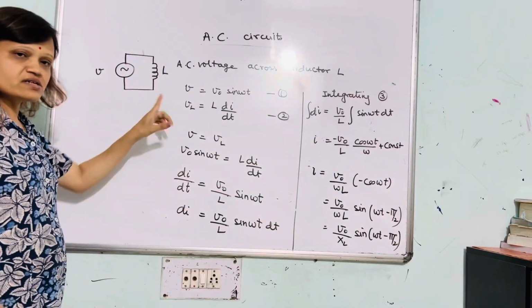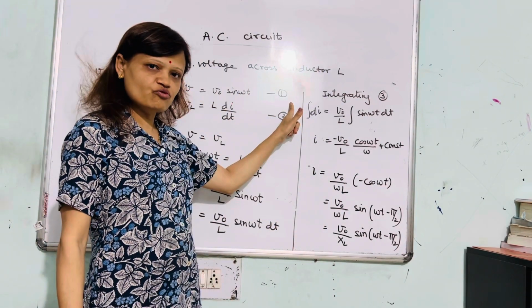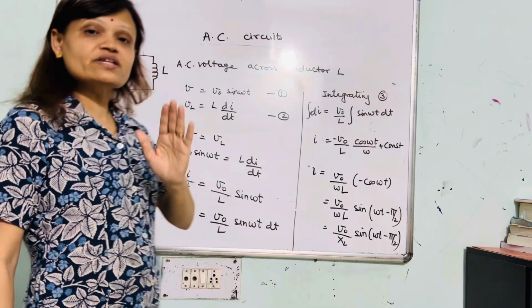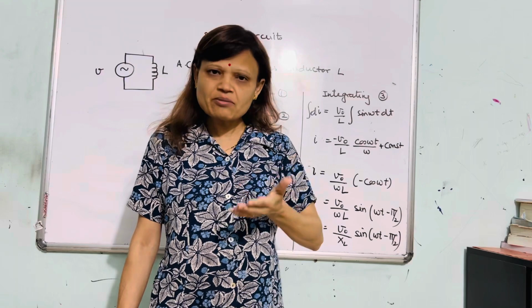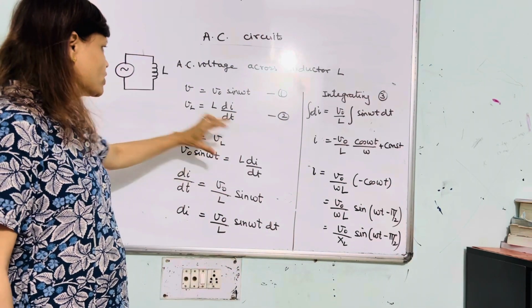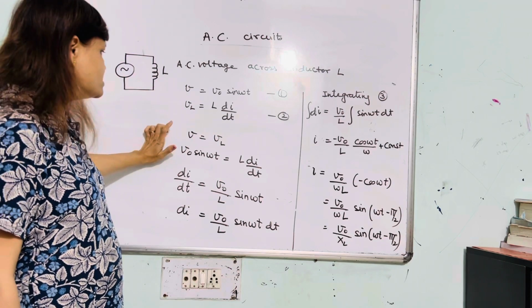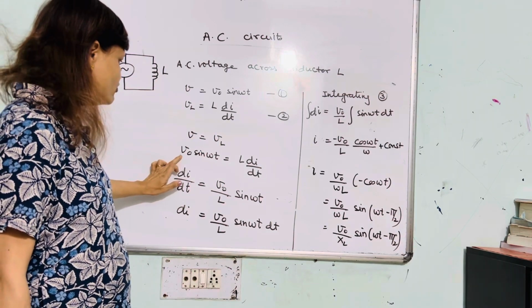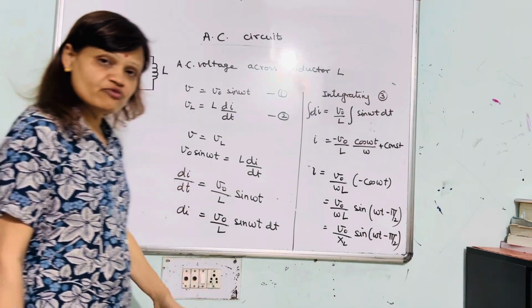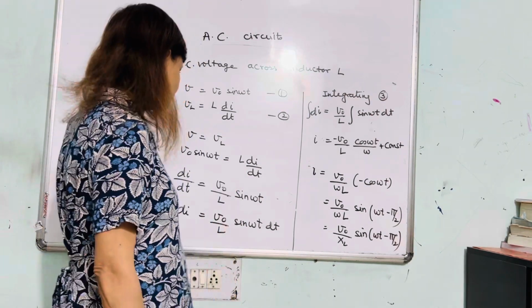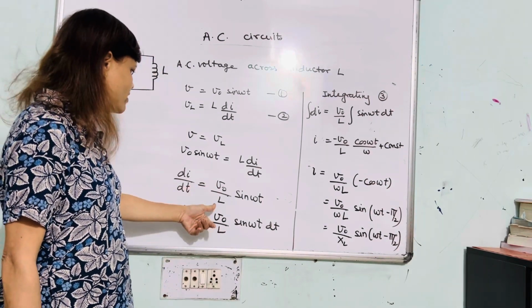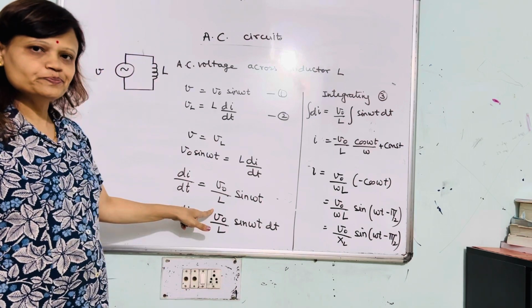So first, V equals V naught sine omega t, the equation of the applied alternating voltage. Now we know that the voltage across the inductor, which we have seen in the EMI chapter, is equal to L di by dt. Now again, these are in parallel, so the voltages are equal, and we equate V naught sine omega t equals L di by dt. What we are aiming for is to find the equation of current. So we get di by dt equals V naught by L sine omega t.